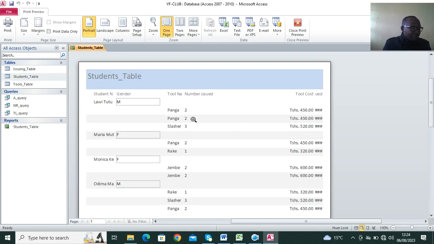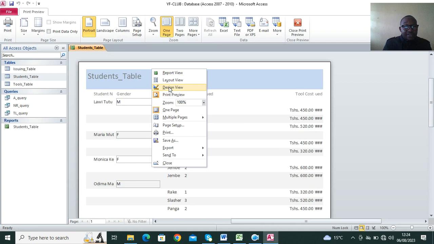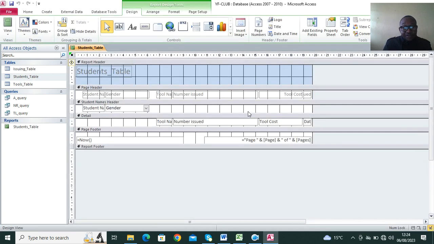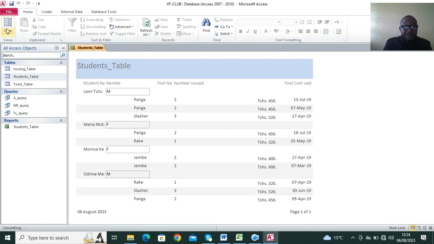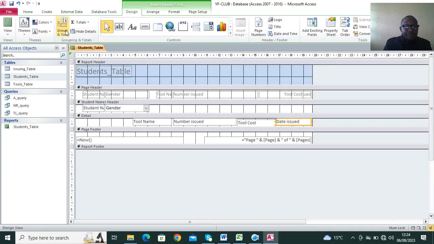This is our report. From our report, you can just do some adjustment to make sure that everything is seen. Like for example, here, the tool name, number issued, then you have the dates issued. Let's see what we have. So everything is seen. From here, just go to design view, then go to this point,